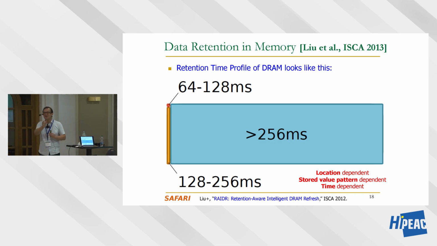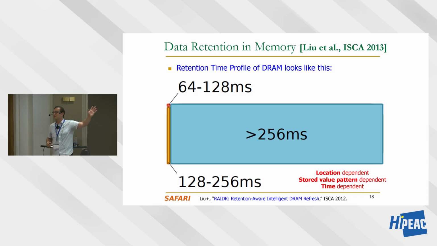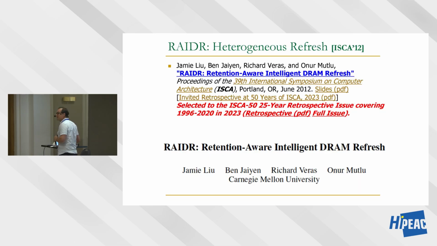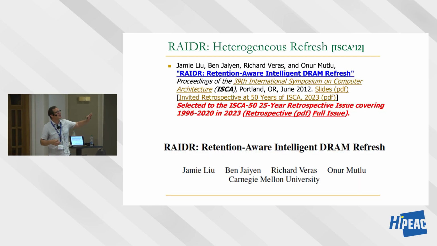And I've already mentioned this also. This is just to jog your memory. Basically, we wanted to get rid of refresh, which is one of the scaling problems in DRAM. And it's also very bad for energy and performance and quality of service. And we tried. These are the papers that we wrote initially in 2012,